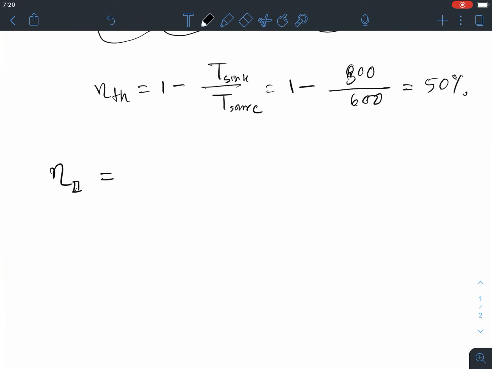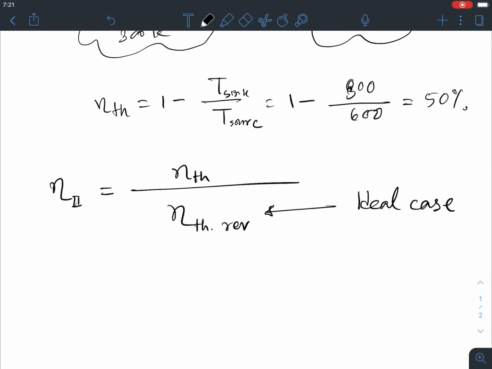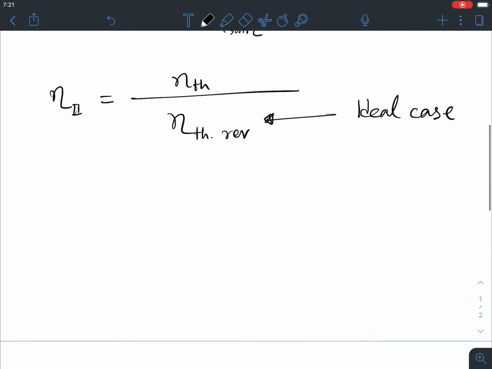The second law efficiency, which is defined by eta 2, equals the ratio of the thermal efficiency of that engine to the thermal efficiency in the reversible case. We know that this is the ideal case, right? So when we compare something with the ideal case, then we can say how much we are achieving, or how much we are deviating from the standard condition. So that's the definition of the